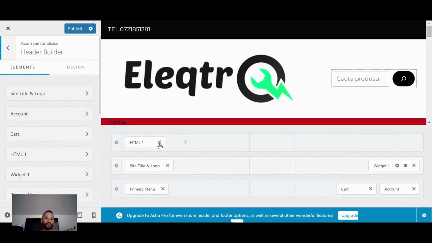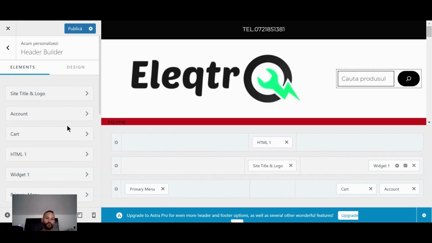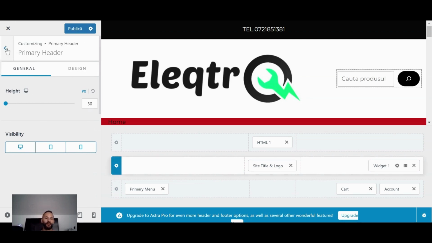You can change it very easily with drag and drop, as simple as this. Just move it and make the necessary settings. If you like, over here you click on settings and you change the design, the heights, the